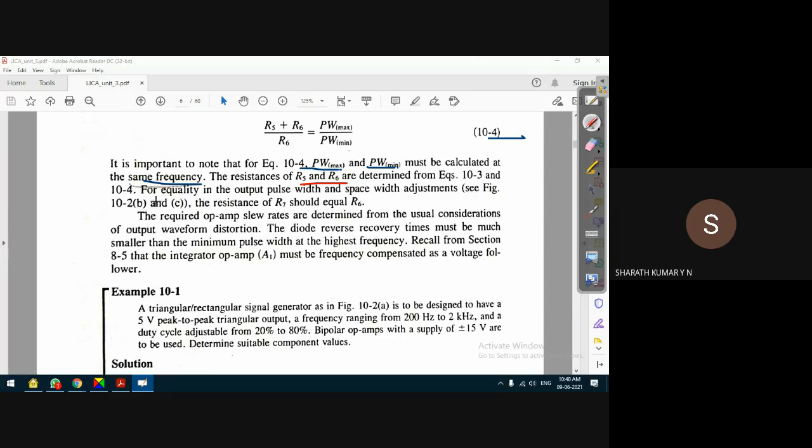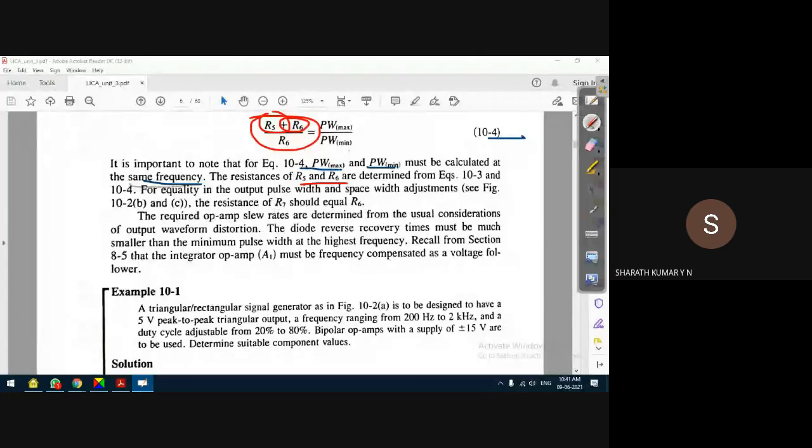From those two equations, we can find out the value of unknown R5 and R6. Of course, if R5 is known, we can find out the value of R6. Very simple. So for equality in the output pulse width and space width adjustment,